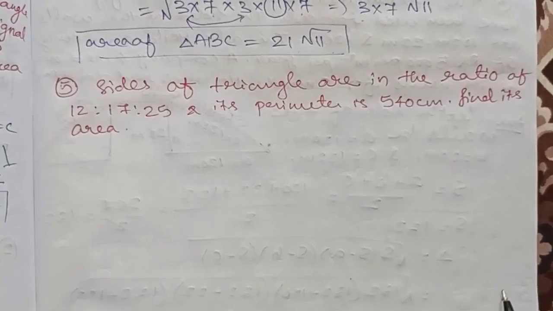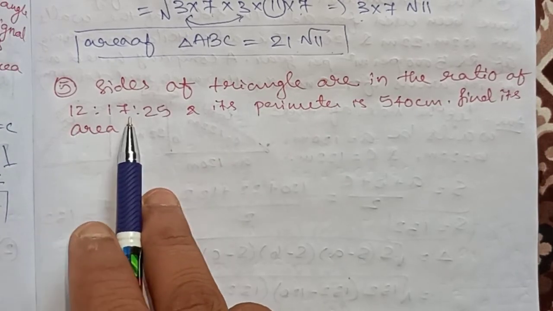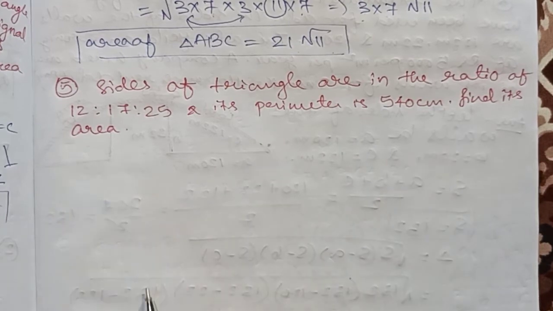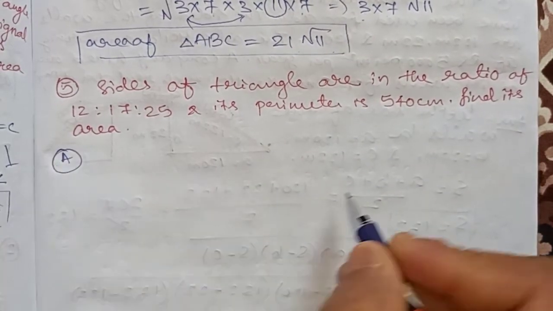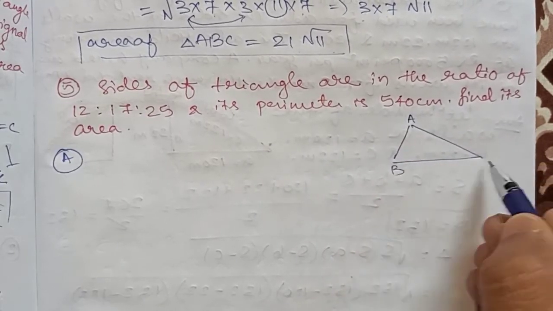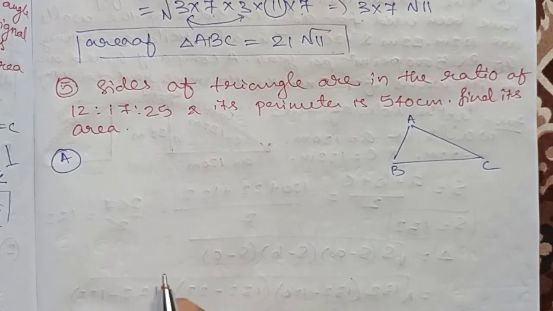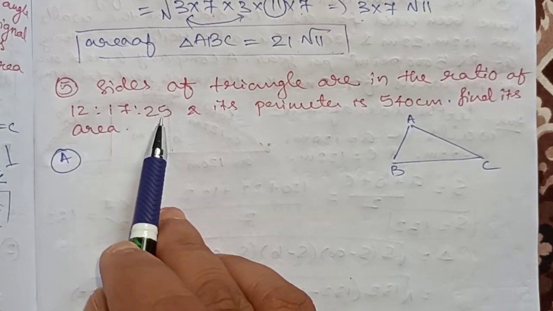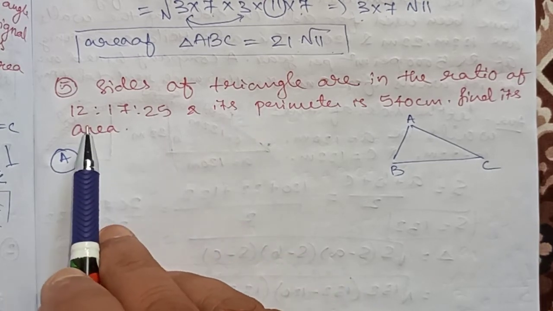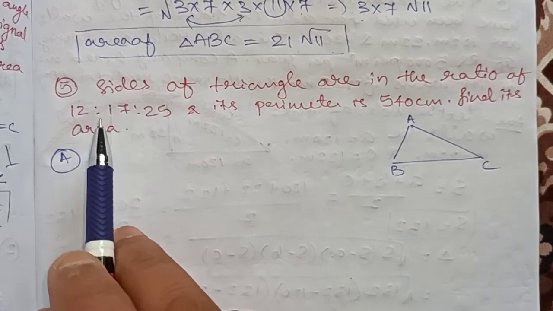Next question. Now question number 5. In question number 5 it is given sides of a triangle are in the ratio 12 : 17 : 25 and its perimeter is 540 centimeter. Find its area. Okay, so there is a triangle. Suppose this is a triangle I am taking and the sides of the triangle are given in the ratio. So remember one thing, whenever you get any question with ratio from any chapter, it is not about Heron's formula,